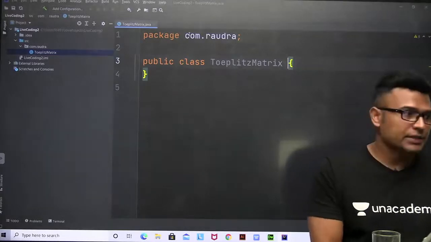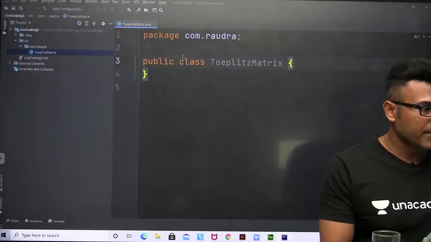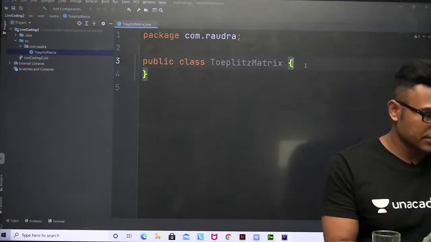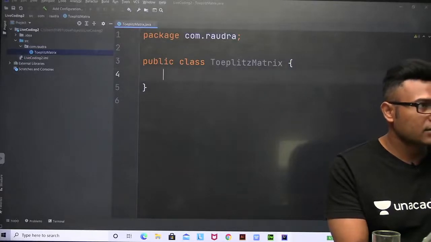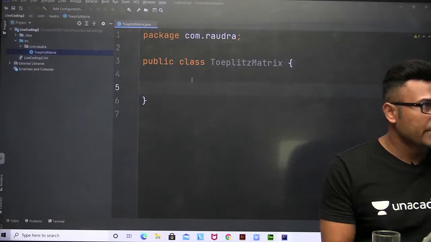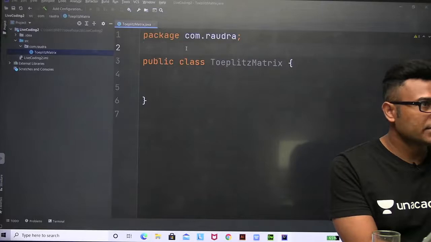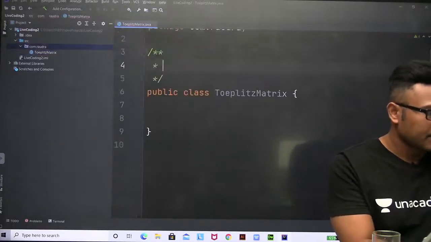Now you are going to see that com.raudra is created, inside which Toeplitz matrix is a class. Inside that Toeplitz matrix class, I am going to write many methods. And guys, it is a good practice to always have documentation. Documentation clearly says what it is that you are trying to do. Now the documentation here is given